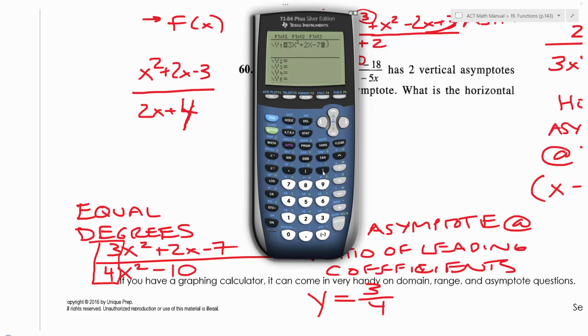I'm going to insert parentheses so there's my numerator. I'm going to divide this by parentheses 4x squared minus 10 and parentheses. Now when I graph this,